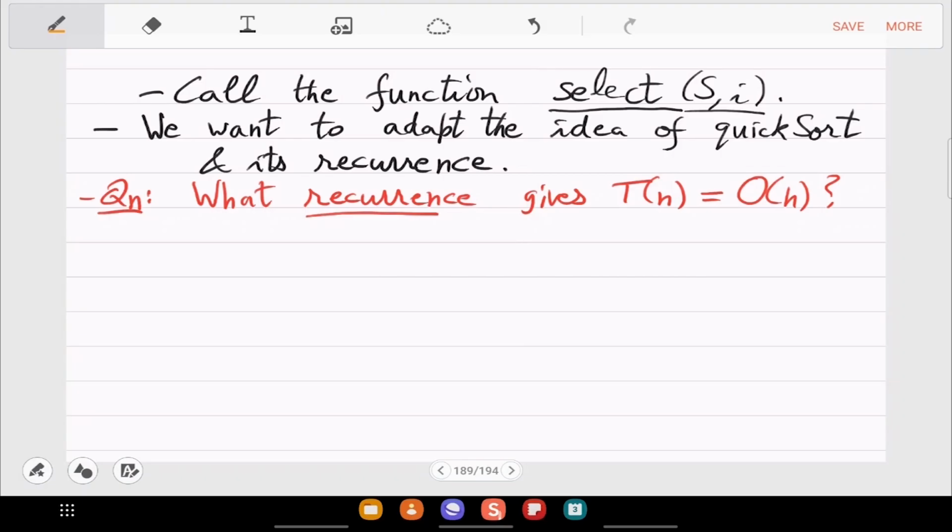Well, the first example is easy. In fact, you have seen this in some form in the pre-midsem. You go to an instance which is slightly smaller, let's say 90% of n.